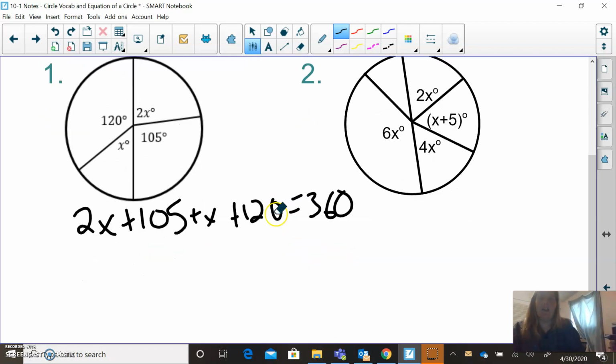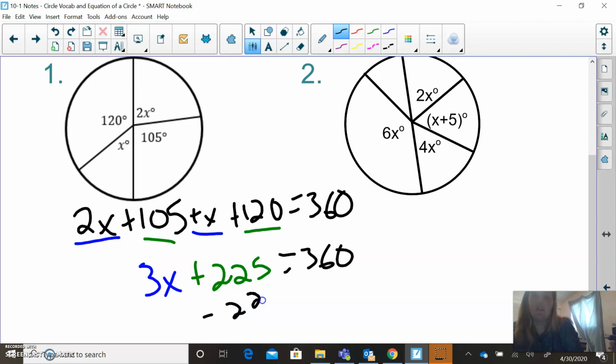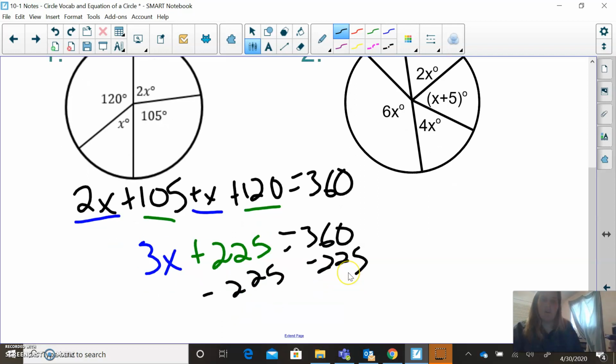And we've got to add our like terms. So 2x and x, so we've got 3x. And then we need to add 105 and 120, and that is 225. And that is equal to 360. And we subtract the 225. Okay. 3x is equal to 135. And then our last